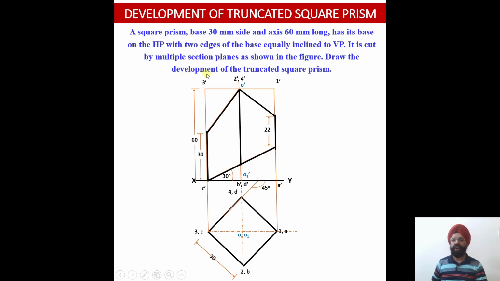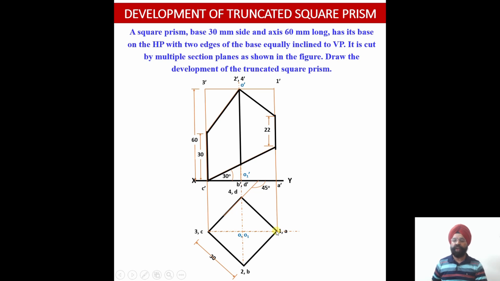So we are required to draw the development of the truncated square prism. Now here we are going to draw the development of the square prism when the opening point of the solid happens to be 1A. Then we will see how the development figure changes when we open this from the point 2B, and then we will see how it changes when we open the solid from 3C and 4D. So in a way, in this question we are going to demonstrate that it is your sweet will from where you want to open this particular solid, right?